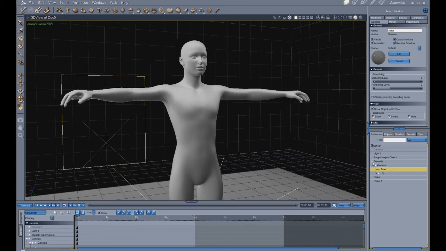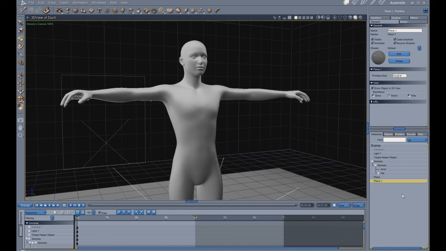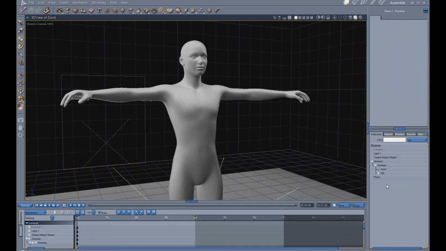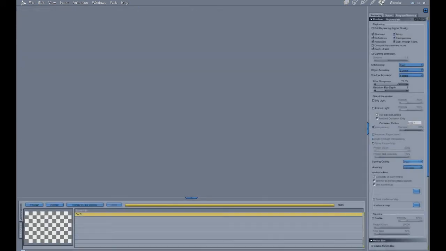Enough on that. We have, let's see, we have a clay shader. We have 2 planes. We have a default scene, default render settings, I believe. So this is the next place we'd like to attack. I'm not sure about you, I always put on full ray tracing. For now I'm going to leave anti-aliasing at fast, object accuracy at 2, shadow accuracy at 4, and leave the